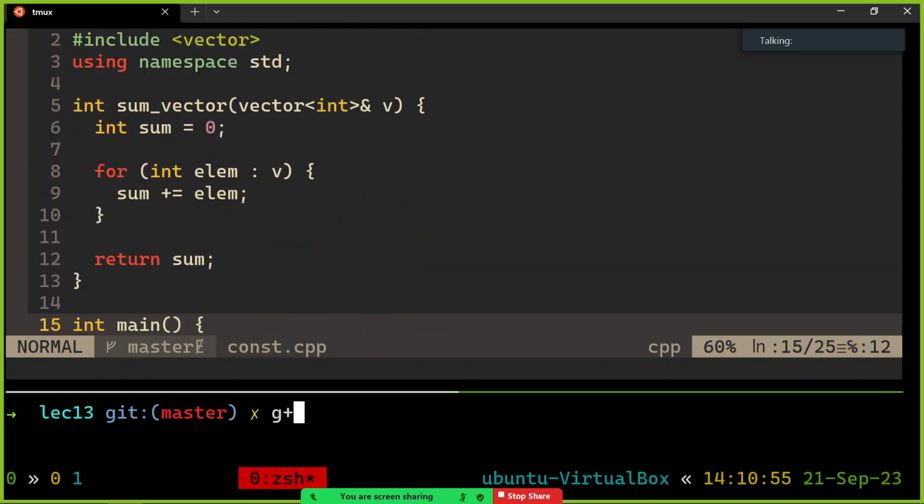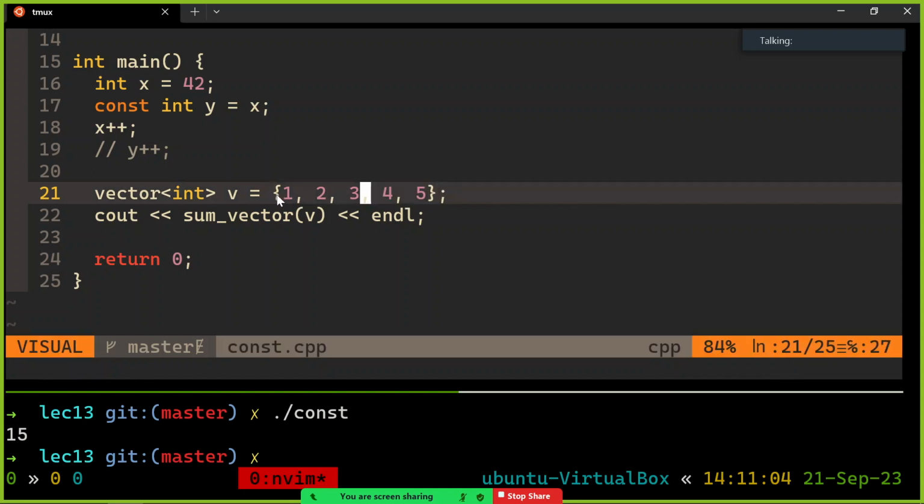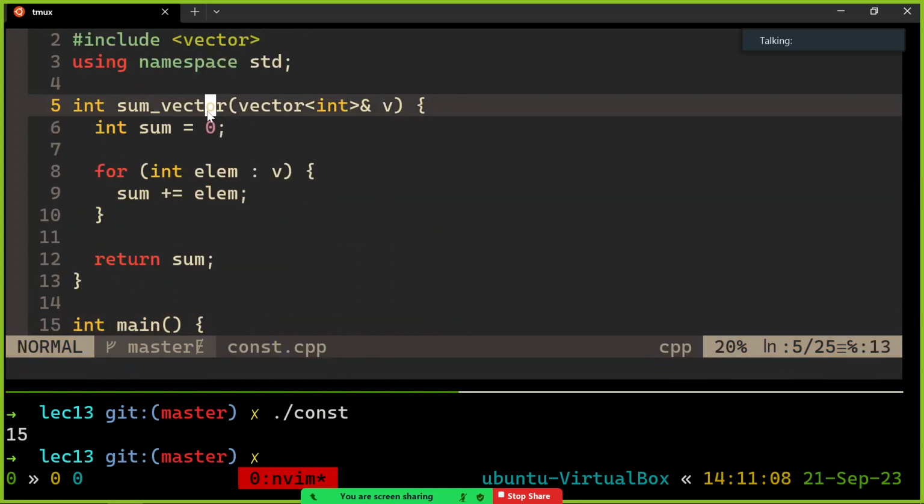Let's compile and run. I do get my 15. That is apparently this 9, 10, yeah, 15. That is the right answer. But look at what I can do right now. Look at what I can do right now. I can say,